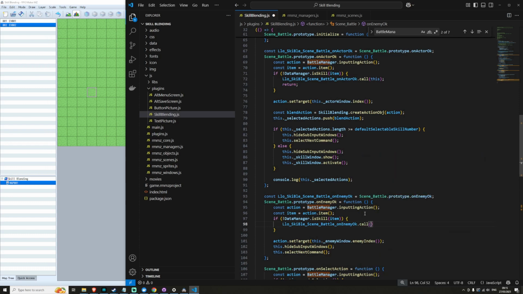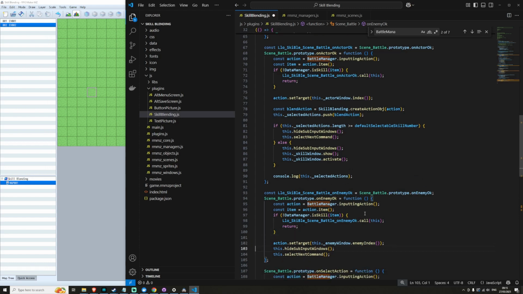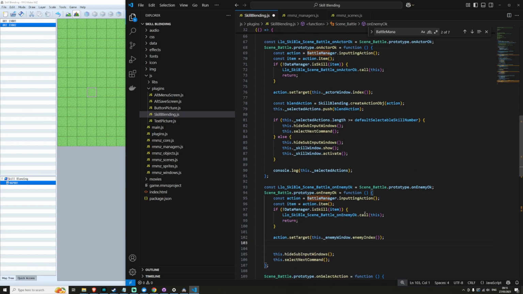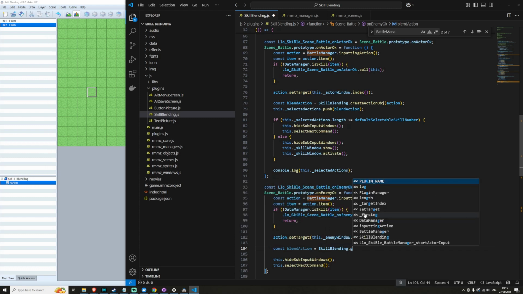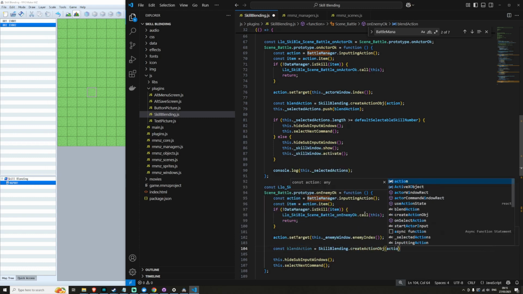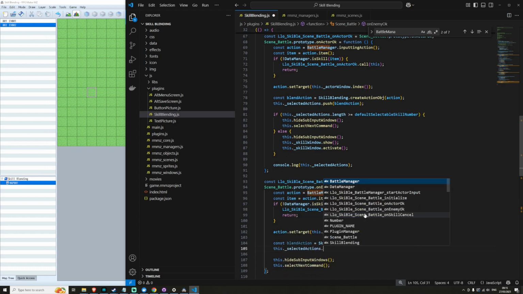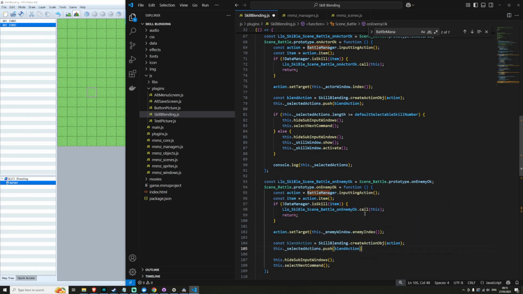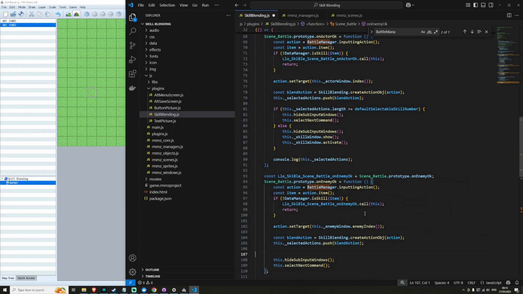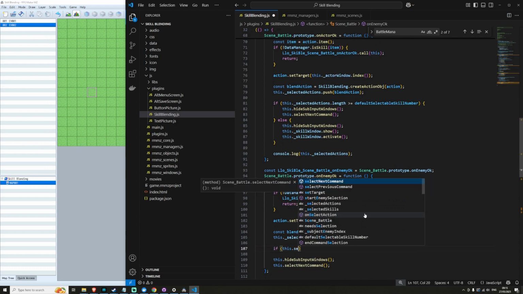Enemy okay. Okay, then we've got scene the action set target, which is cool. Then we'll do our blend action bit. Create action object. This selected actions, push, blend action. If this selected,